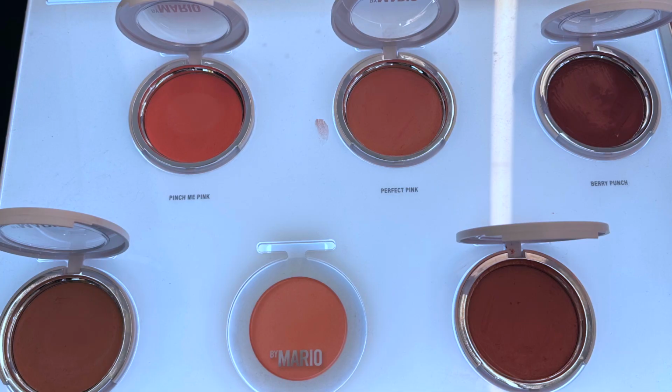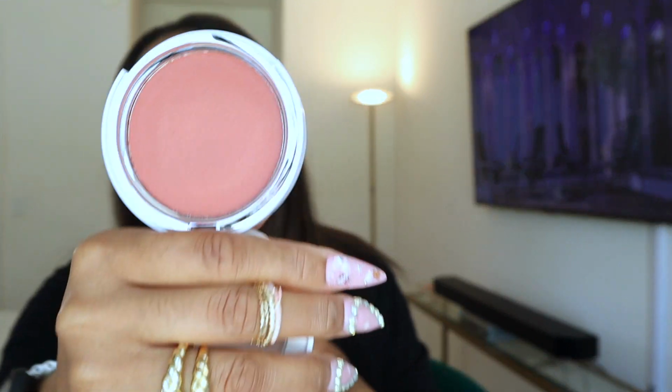Now, what I like to mix with the Bronzeglow is another item I had no intention of buying. No intention of buying at all. Mario's Soft Pop Plumping Blush Veil. This is another thing I'm doing on my Sephora returns. I turn and I see the Mario display. I was like, I didn't think these were out already. And yeah, they were, and all the shades were there. So the shade I grabbed was Rose Crush,